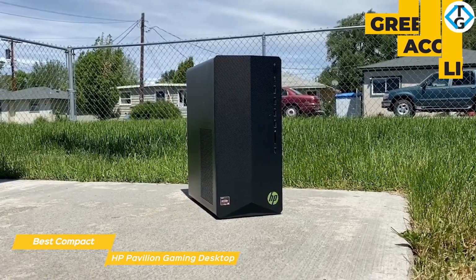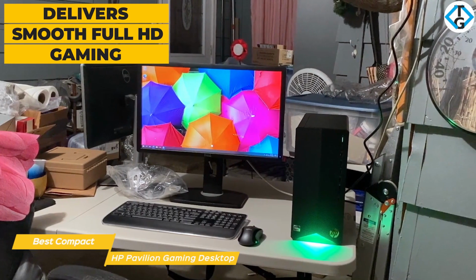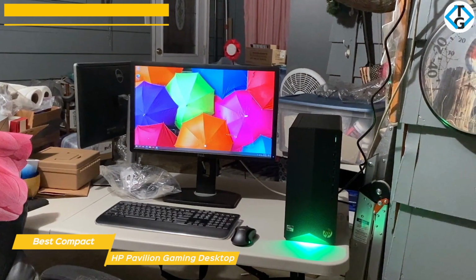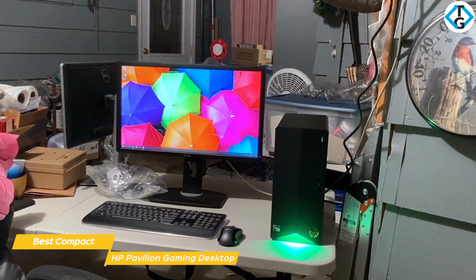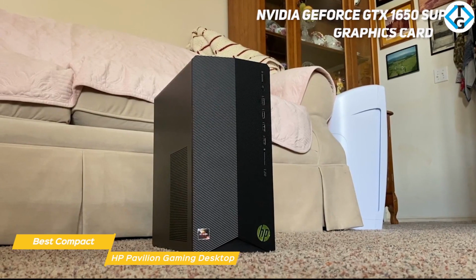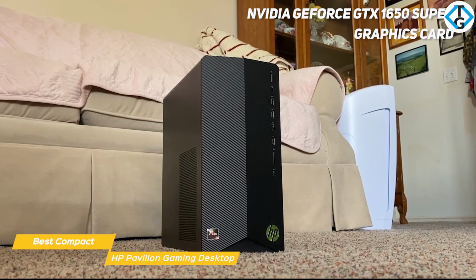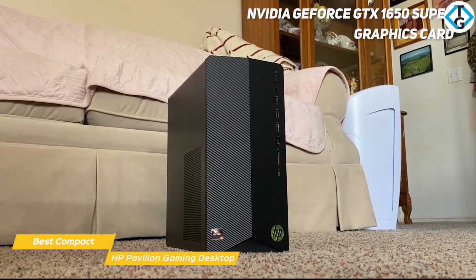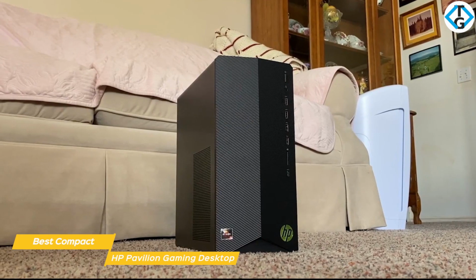some green accent lighting. The Pavilion delivers smooth full HD gaming and can play many of today's most popular titles at high or ultra settings, like Apex Legends, World of Warcraft, Overwatch, Minecraft, and a lot more. The inclusion of an AMD Ryzen 5 3500 processor, NVIDIA GeForce GTX 1650 Super graphics card, along with 8GB of RAM and a 256GB SSD, makes it a strong entry-level gaming contender and a solid workhorse among machines at its